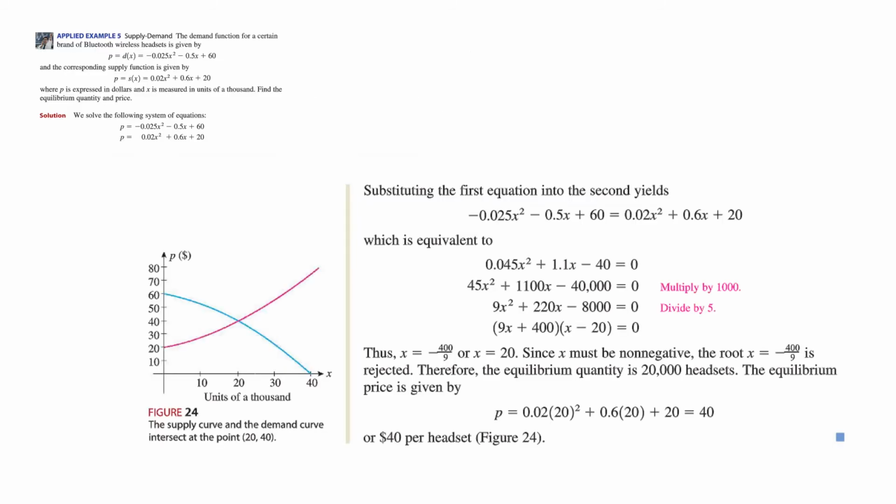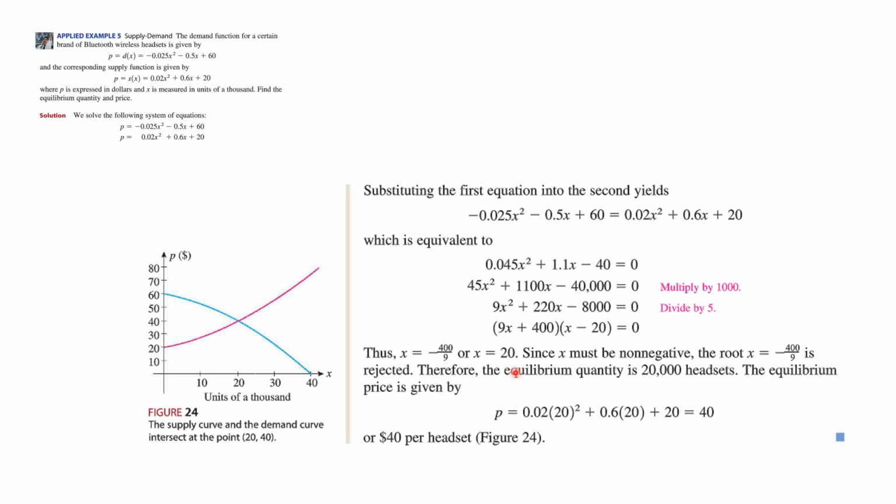Let's see how you did. So what we have to do is solve these two equations. Now they're both equal to p, so we can set them equal to each other. So we will set this one equal to this one, and we will solve. We're going to get everything on one side, set it equal to 0, so this is what we get. And it turns out that this is going to factor, and we find out that x is equal to minus 400 over 9,